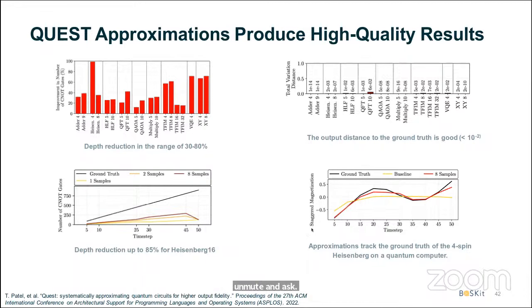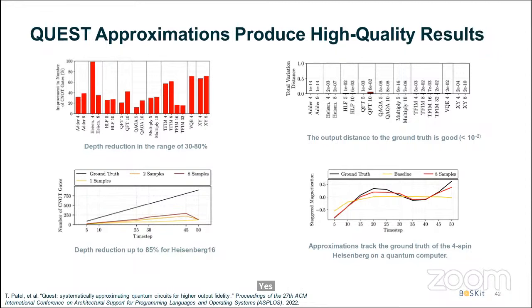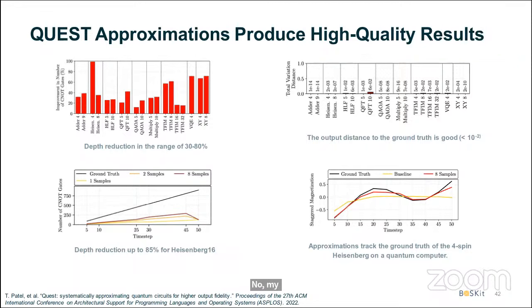Hi, my question is about the concurrency and parallelism of processes. I wonder if it's applicable in quantum computing, and if yes, how do you arrange gates to obey the rule of parallelism or concurrency of processes? So are you asking about parallelism on a quantum machine? Yes. Like if you have, say, a 20-qubit chip, but you have 5 4-qubit algorithms, can you place them all together? No, my problem is just in